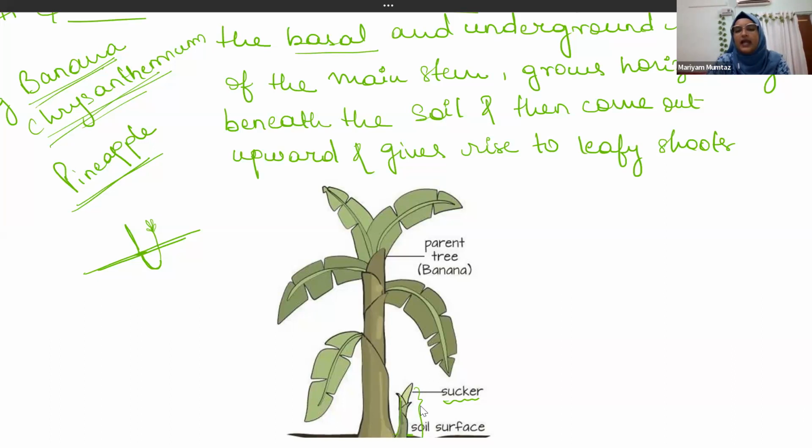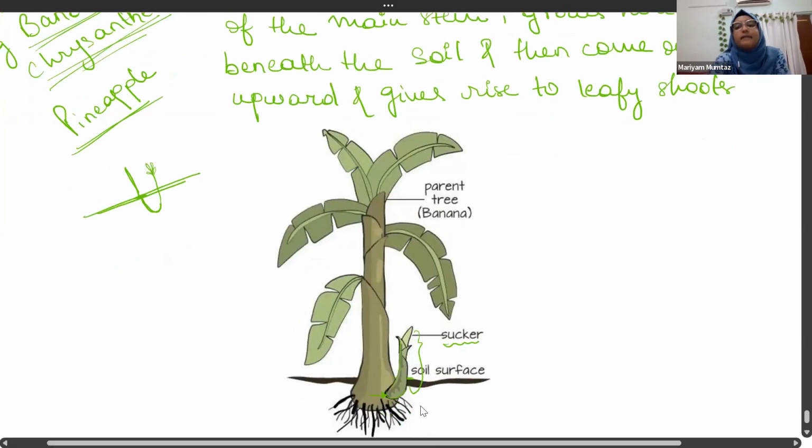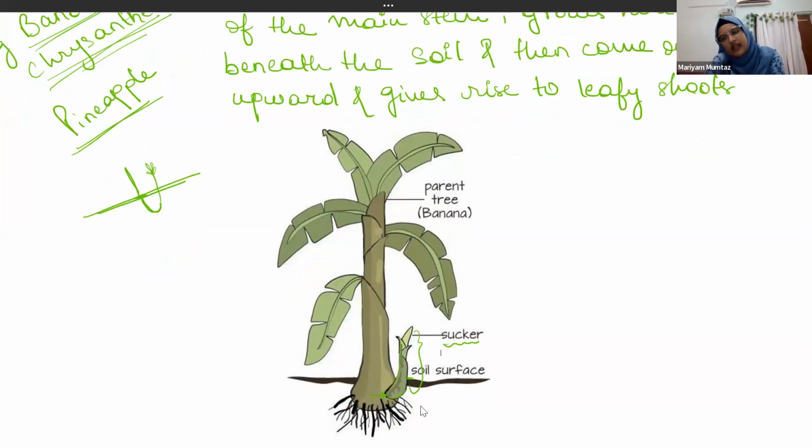Okay, now we are talking about modifications, and there is no such important use of this particular modification, but sometimes it is used in propagation. And the only thing that you have to remember over here is that it is a modification of a stem, and all sorts of examples. Okay,